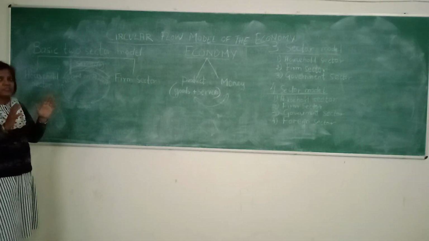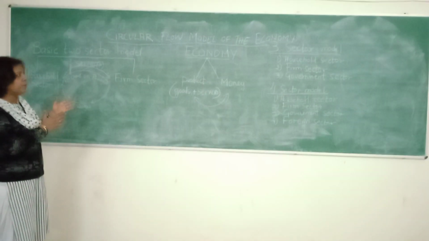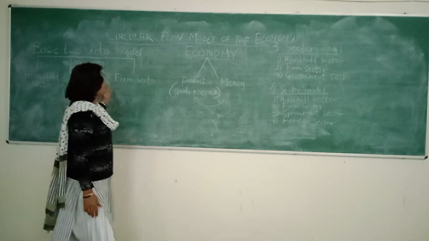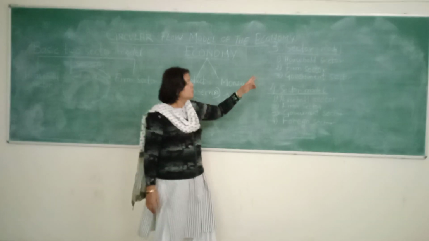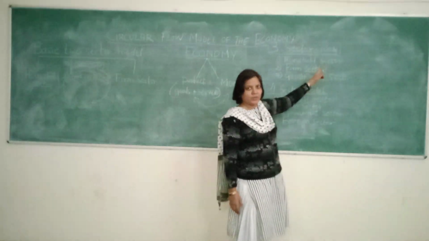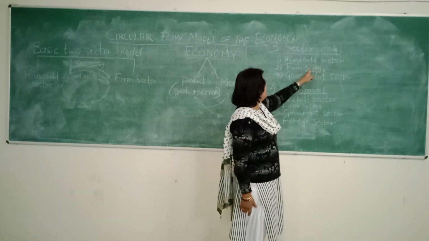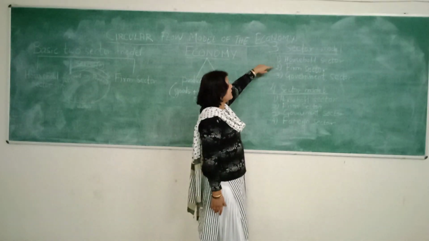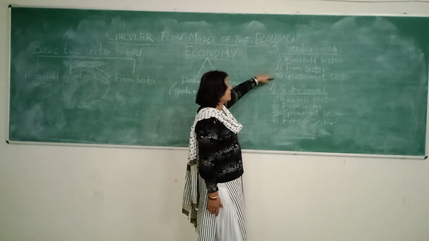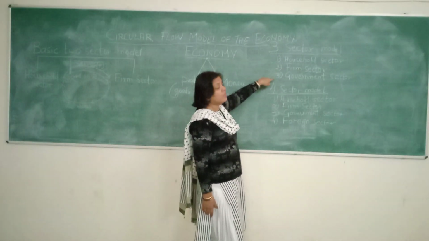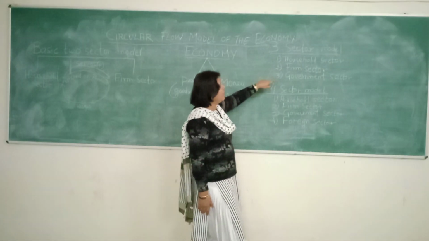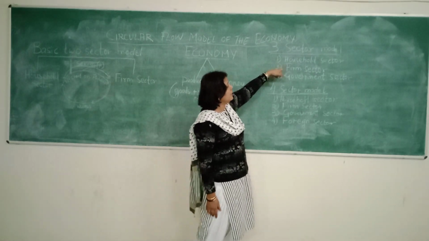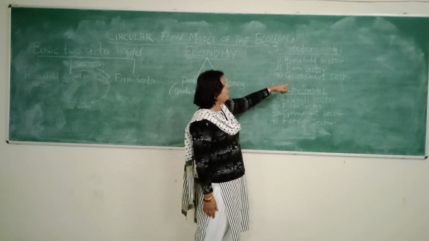Now this is the most primary model. This is only to make you comprehend. We will go to a higher model, which comprises three sectors. So here we come to the three sector model to understand the circular flow of the economy. These three sectors are, first the household sector, second the firm sector, and third, the government sector, which has been added. Now we have understood how product and money flow in a circular motion among the household and firm sector, and now there is this third